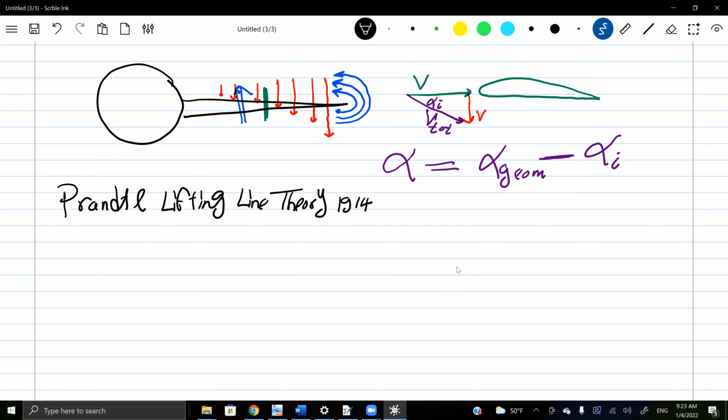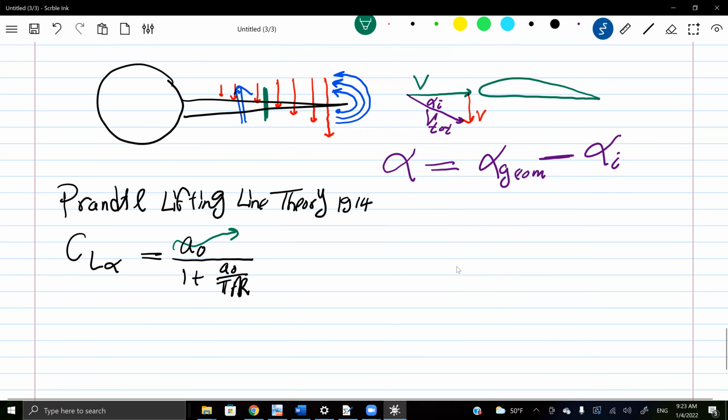1914, probably one of the remarkable theories in the entire history of aerodynamics. I'm finishing in a couple of minutes, don't worry. So it just gives you that CL alpha is... let me see, do I have it here somewhere? It's probably A naught over 1 plus A naught over pi aspect ratio. A naught is simply the CL alpha of the two-dimensional wing, so it's 2 pi kind of thing, if it's